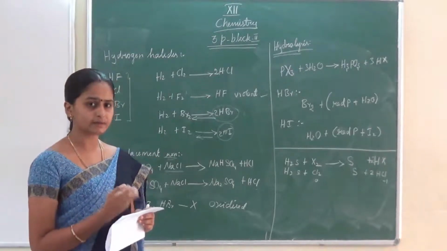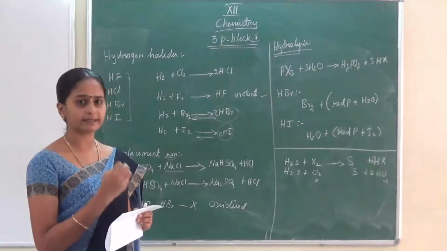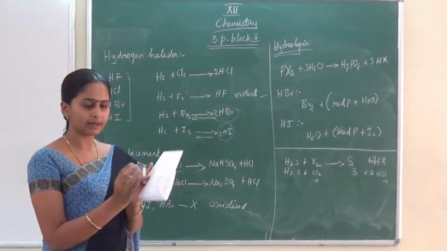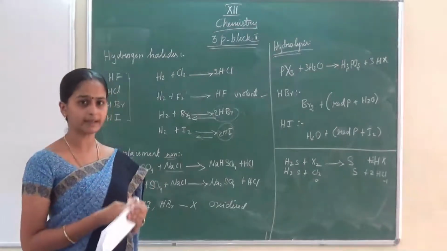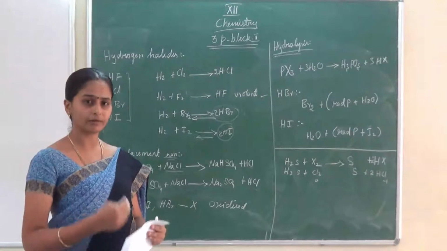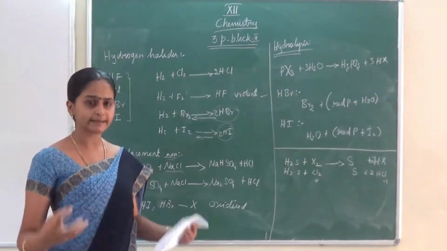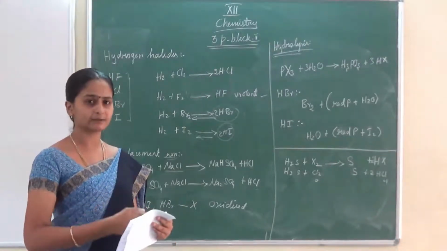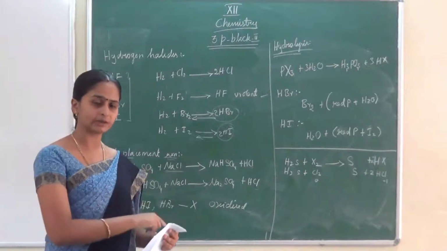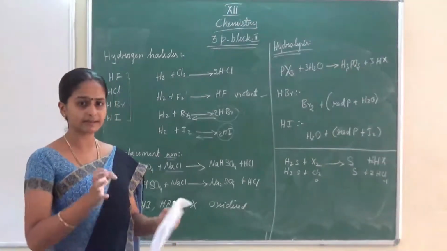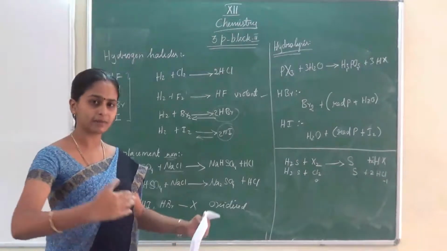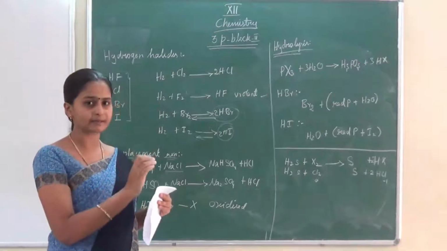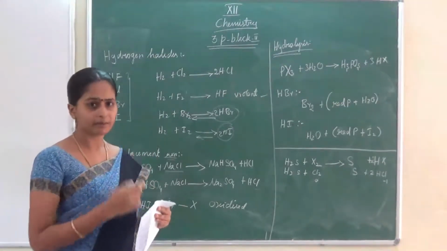You can guess which will be very strong. Good, hydrogen fluoride. Why is it strong? Because the size is smaller. The fluorine size is smaller, so it can form a strong bond with hydrogen. When you move down the group, fluorine, chlorine, bromine, iodine, the size is larger, so it forms a bond with hydrogen with less affinity. The attraction between the hydrogen nucleus and the halogen nucleus will be very less. The distance is increasing, so the attraction decreases. But in fluorine the size is small, so the attraction is maximum, and we have to spend a lot of energy to break the bond.